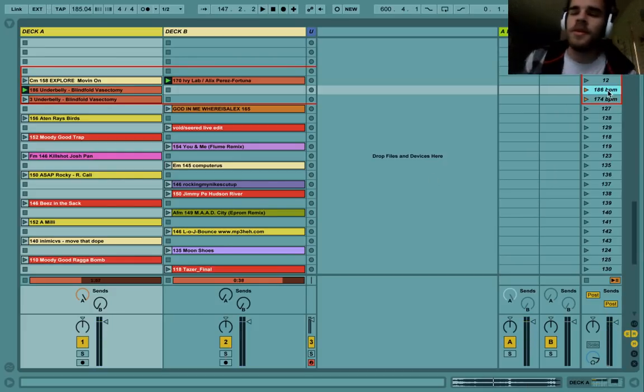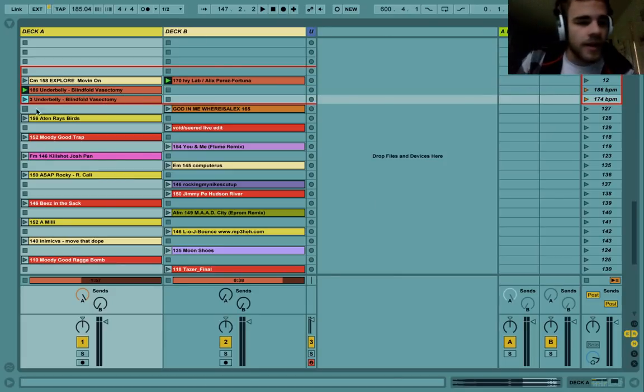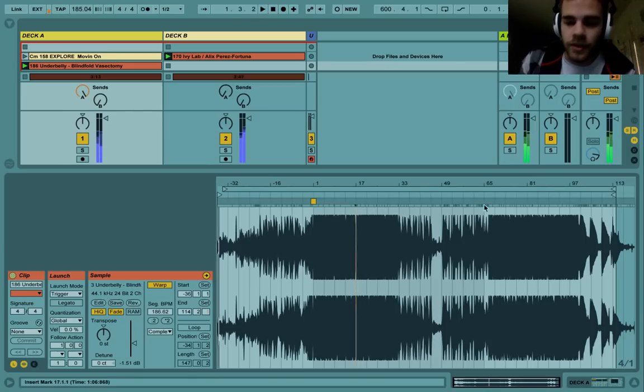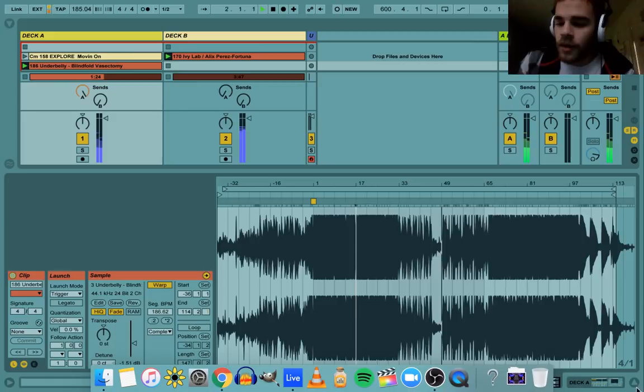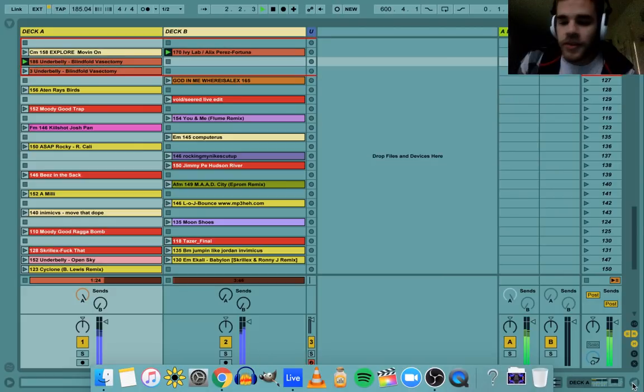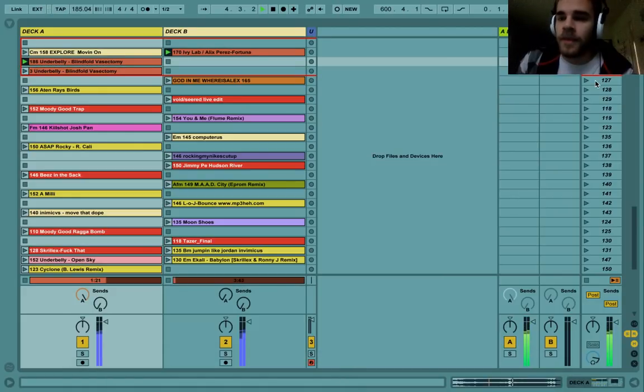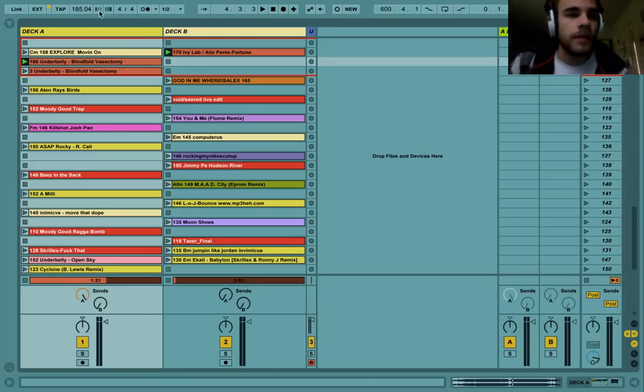Here's the situation. If you take a listen to Blindfold Vasectomy, the second half of the track is at a completely different BPM than the first. It slows way down for this highly brutal drop here. And to compensate for that, because everything has to be synced to the master BPM on the upper left corner here, I've actually kind of labeled